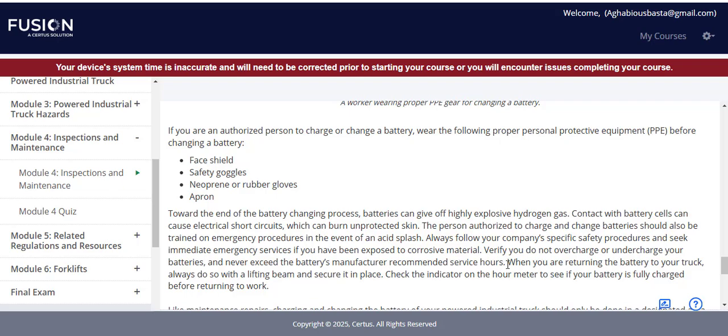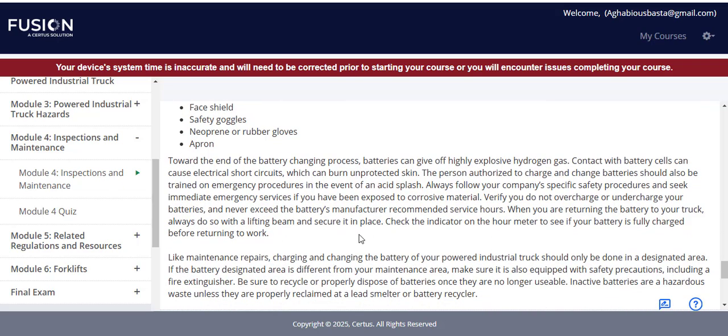When you are returning the battery to your truck, always do so with the lifting beam and secure it in place. Check the indicator on the hour meter to see if your battery is fully charged before returning to work. Like maintenance repairs, charging and changing the battery of your powered industrial truck should only be done in a designated